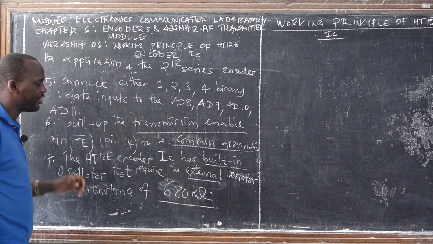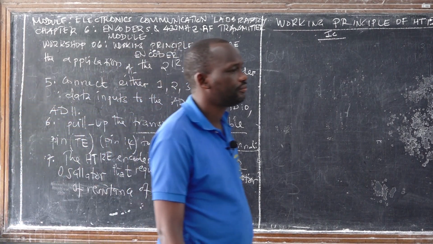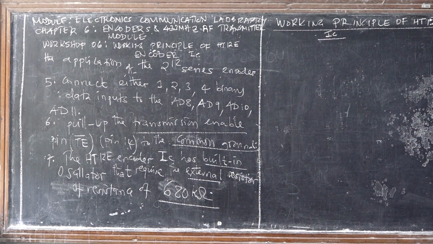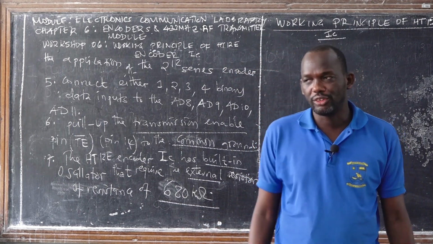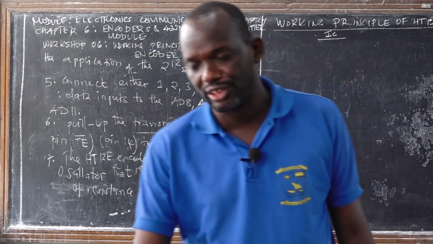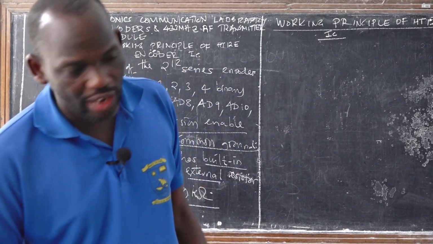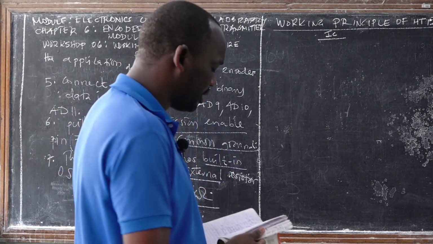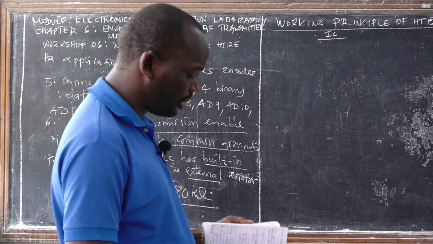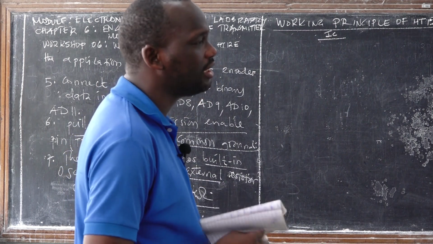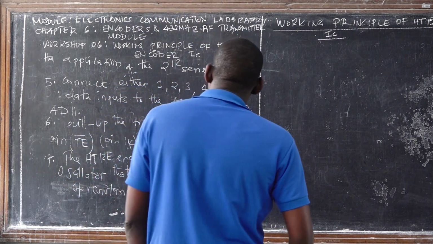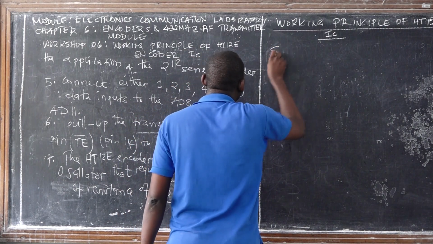$680 kilo ohm. So without that resistor, with a resistance of 680 kilo ohm, that built-in oscillator will not oscillate to help the encoder to encode the information. And all of these values, all of these steps that you have to follow, are according to the manufacturer's mind. Some of them are according to the manufacturer's mind, but some are according to intensive use of this encoder in